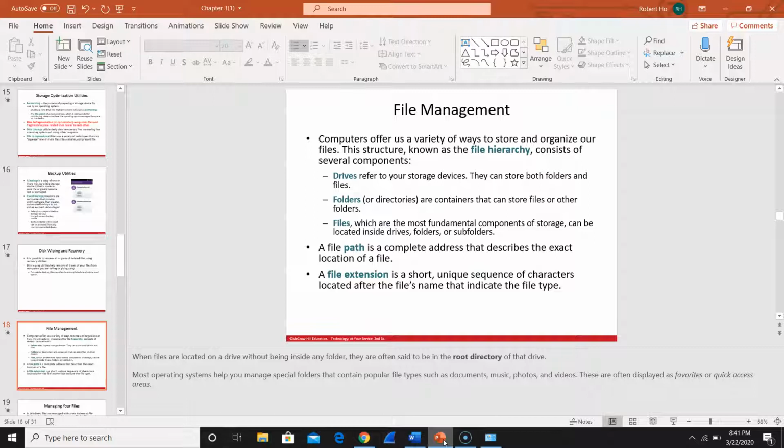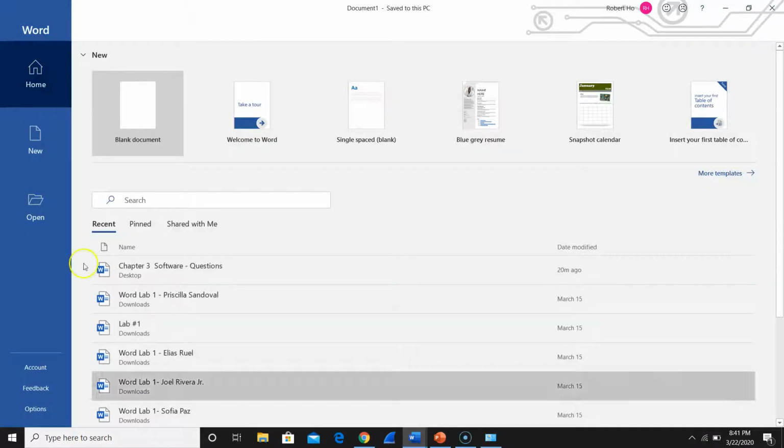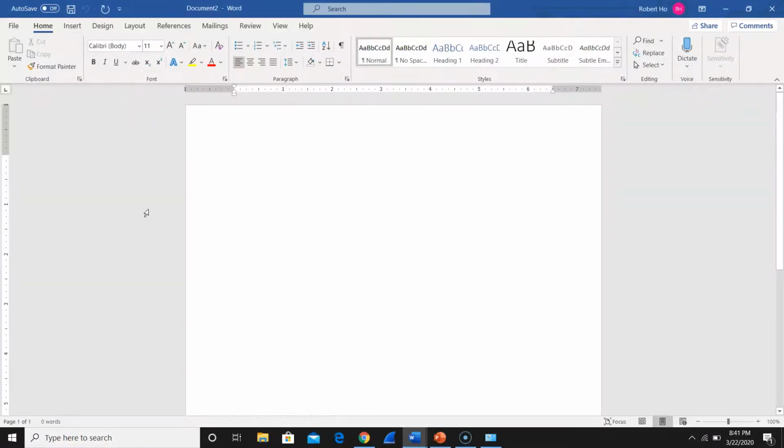The next one is called file management. That means you need to know what a file path is. A file path consists of the drive letter, folder, subfolder, and the file itself. Let me give you an example. I would like to open my Word document here. I'm going to type a path like C:, that is called the drive letter. Let me make this a bigger size. C:, that's called the drive letter, slash, I'm going to put computer class,